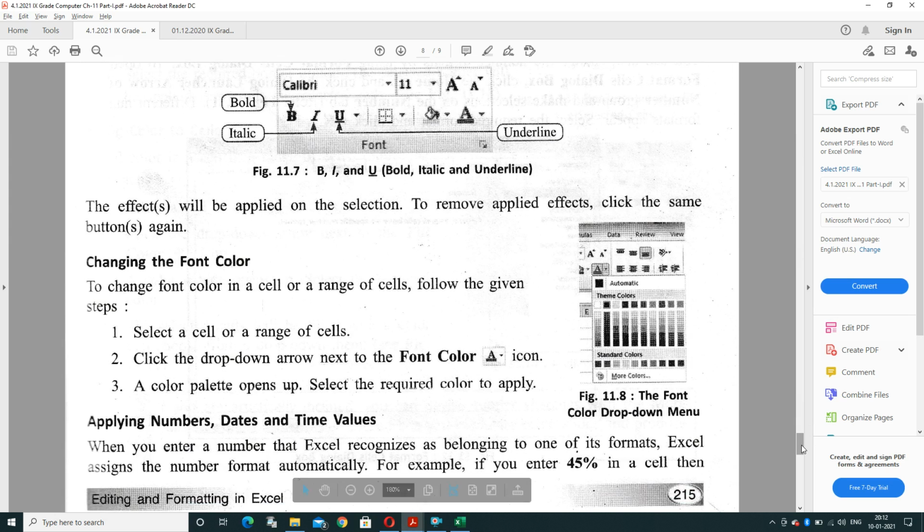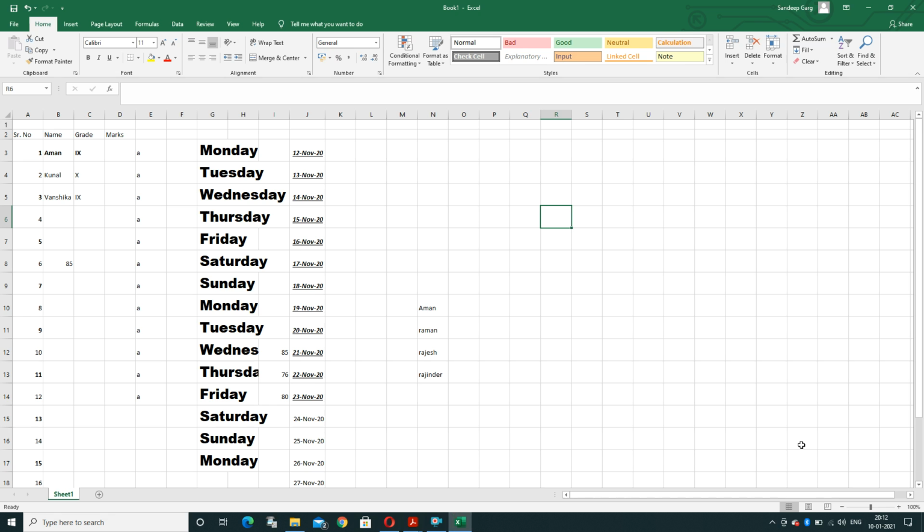Next, change the font color. How to change the font color? We can change the font color from the ribbon. Just select the content where you want to apply. Suppose I want to change the color of Monday, Tuesday, Wednesday and Thursday. I'll select these. Afterward, I'll select the font color from here, whatever I want to change. If I want to do the background at the backside, what will I do? I'll select this one. This is the background color.